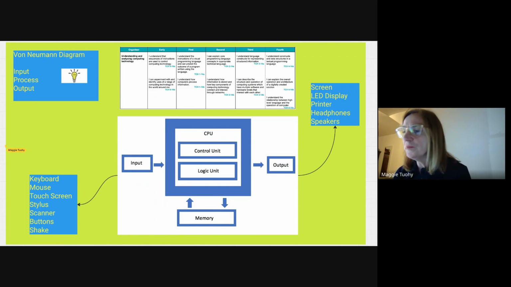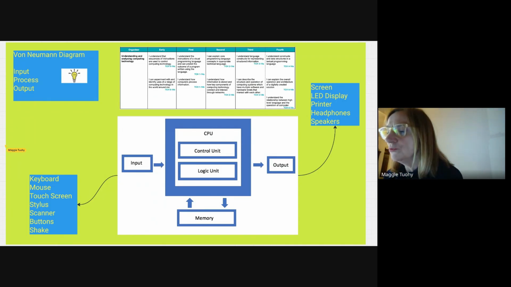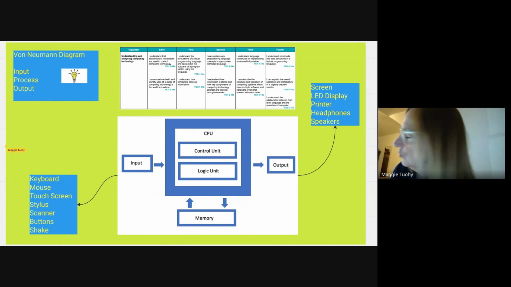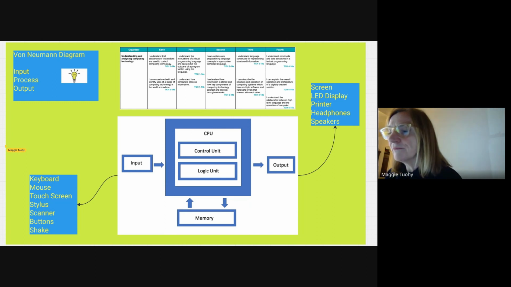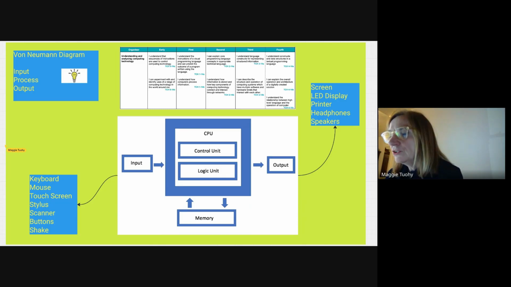Okay, so before we get into the nitty-gritty of the microbit, we thought it'd be interesting to introduce you to a diagram called the von Neumann diagram. John von Neumann was a famous, way back in the day, mathematician and physicist and computer scientist who came up with this diagram, and that's it on the screen at the moment, to show you that it could represent any